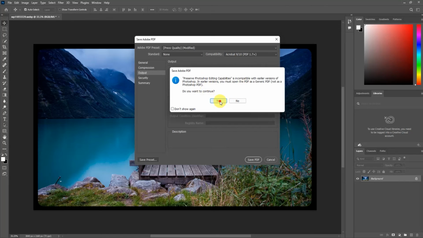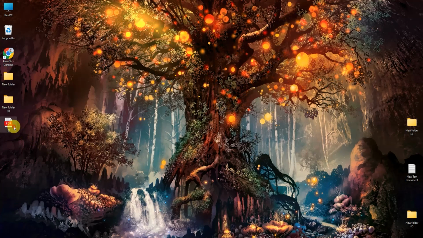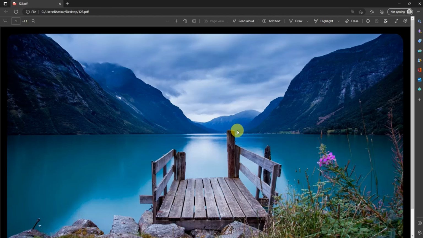Just simply press Yes, and within a few seconds it will be saved. So if you go back and see, your image has been saved as a PDF. So that's it,